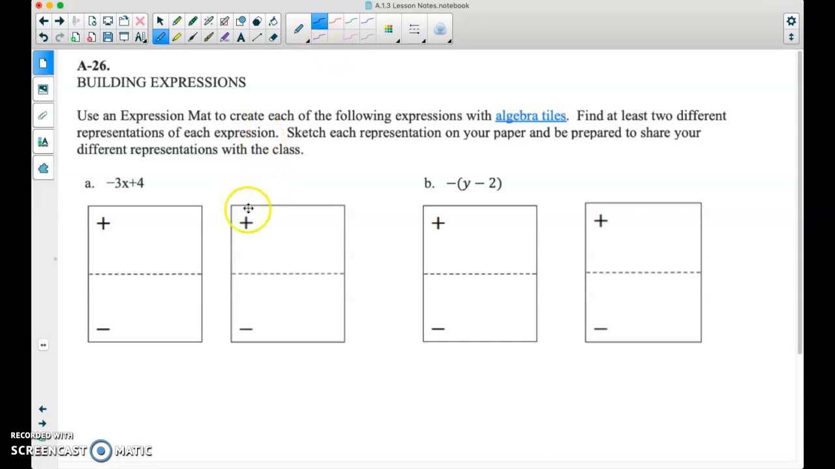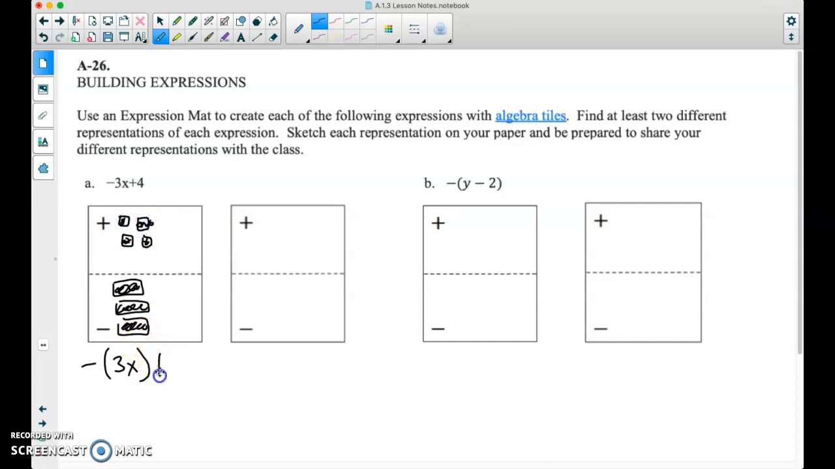So again, if we start in the minus, we know that our two values are going to be the difference. So if we start with negative 3x, one way we could probably do that is put 3 positive tiles down here. So we would have minus a positive 3x. Then we would have plus 4. So if we put in 4 of our little rectangles up here, our little unit squares, and then shade those in,